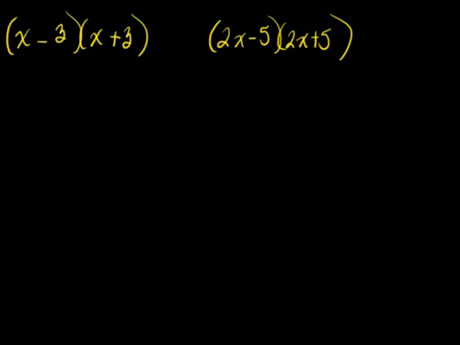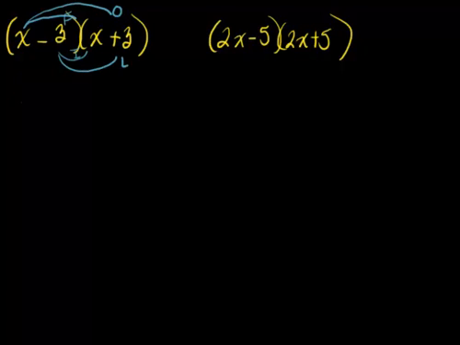Let's look at how to do squaring binomials as well as difference of squares. So we're going to start with difference of squares. And here we have x minus 3 times the quantity of x plus 3. So if we use FOIL, first, outer, inner, and last, we're